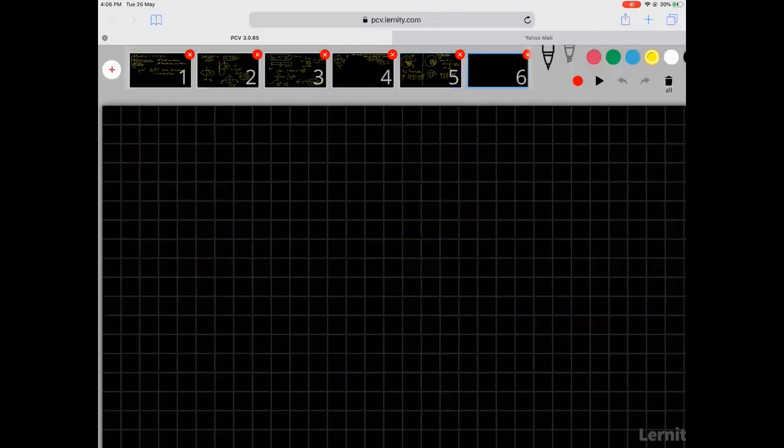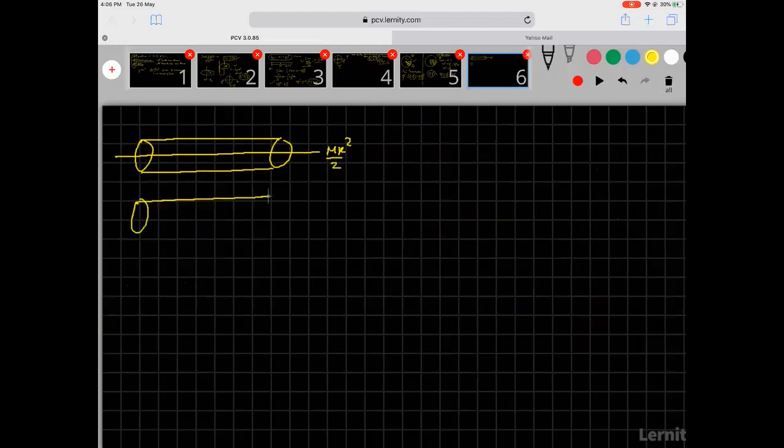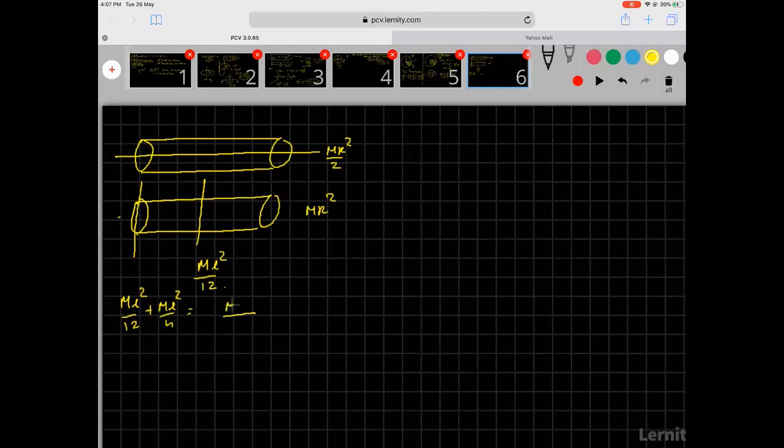So then you have moment of inertia of cylinder. There are two types of cylinders. You have solid cylinders and you have hollow cylinders. For solid cylinders, about this it is m r squared by 2. For hollow cylinders, which come from a ring, it is equal to m r squared. Okay. Then about this axis, it becomes m l squared by 12. If you want to shift it here, it becomes m l squared by 12 plus m l squared by 4. So when you take LCM, it becomes m l squared by 3.